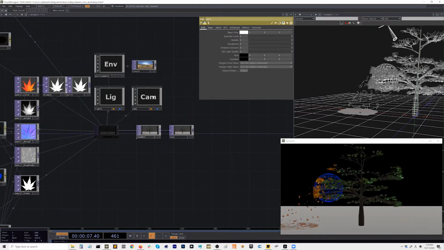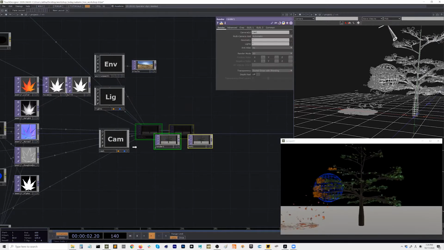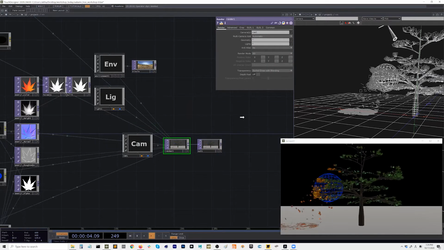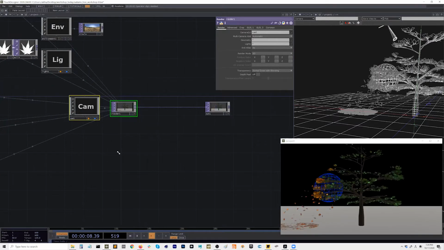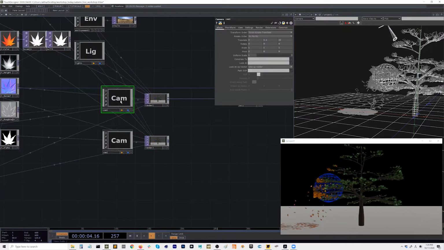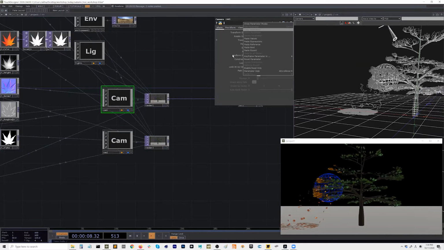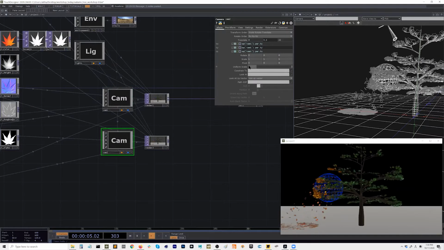So we have one camera. Let me put this here. We have one camera, it's outputting. So copy and paste to this camera. So we make a second camera and copy the position of the first camera, the translate parameter, and in Cam2 paste references, and we flip the Y position.